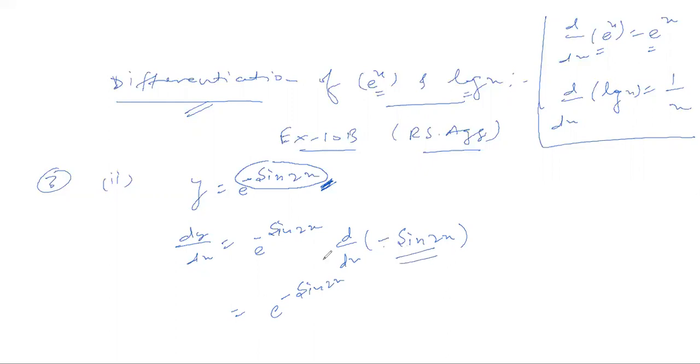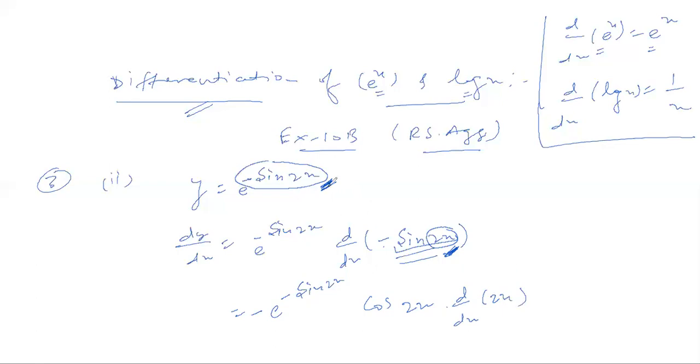So this minus will simply come out, and we are writing minus over here. What we are left with now is sine 2x. We'll differentiate this, and this is a function of sine x. So sine x will become cos x. So it will be cos, and in place of x we have taken 2x. Same thing again, as per the chain rule, if we take anything in place of x which is not x, like we have taken 2x, we'll differentiate this 2x again. So it will be written as into d by dx of 2x.